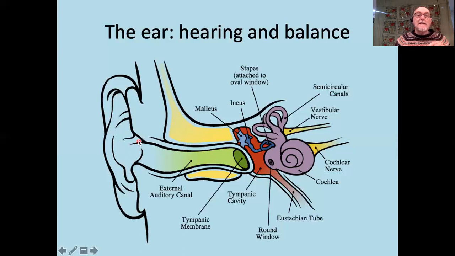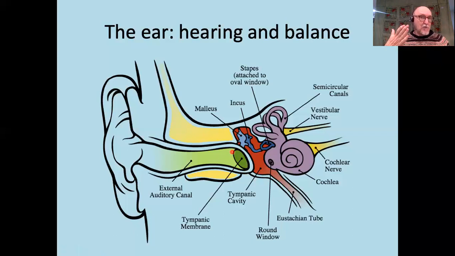If you have wax here at the very entrance that you can see or that you can feel, then you can clean that away, but do not go shoving things into your ear canal. There's another good reason not to shove things into your ear canal. At the end of the ear canal, there is a thin membrane called the tympanic membrane. It's very thin and it's quite fragile. And that's what we refer to as being the eardrum.